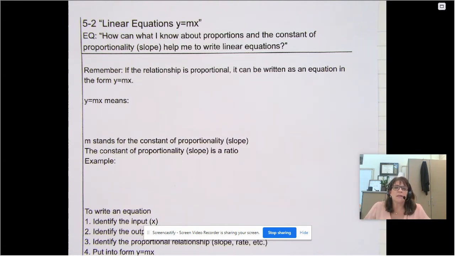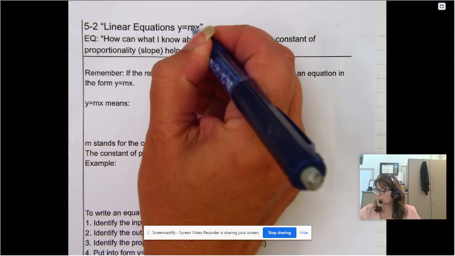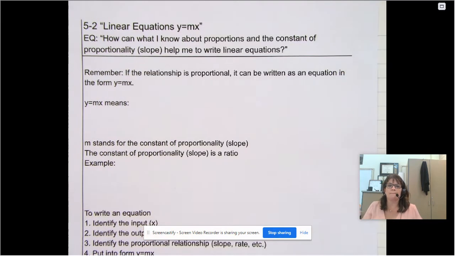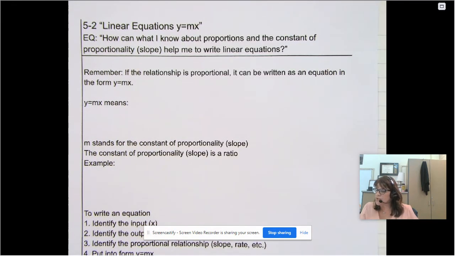So we're talking about linear equations in the form y equals mx. Now remember that this means m times x, anytime you see two variables together like that. And our essential question is, how can what I know about proportions and the constant of proportionality, which we can also call the slope, help me to write linear equations? So remember from